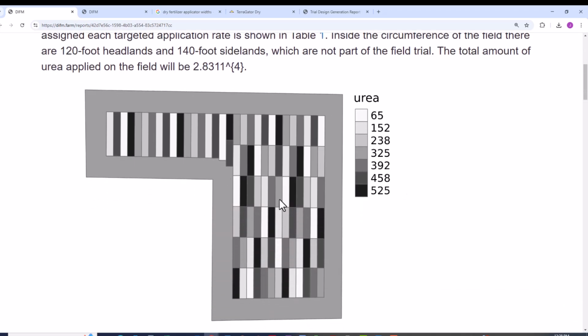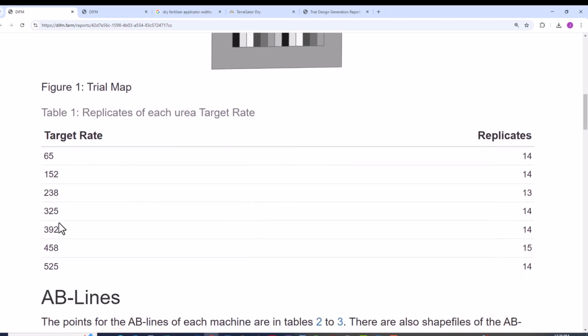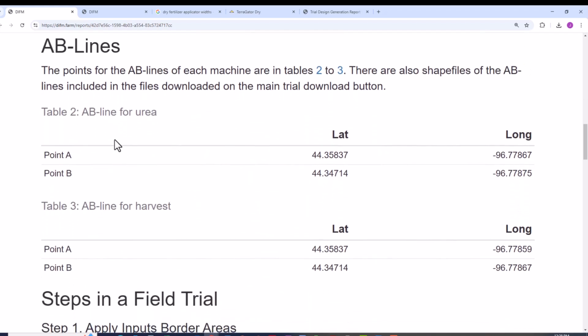And we can see again the map here, what it looks like. This is our targeted rates that we want. This is the number of replicates that we will have in the field. This shows us our AB line. This is our AB line we need to use for the urea application. So not the AB line that we input, but this is the AB line for the urea application that we need to use, or else things will get thrown off. And then this is the AB line we need to use for the harvester to get the best harvest results within those